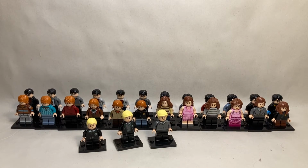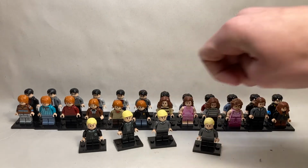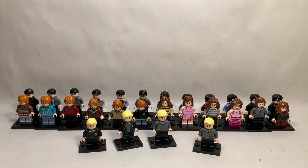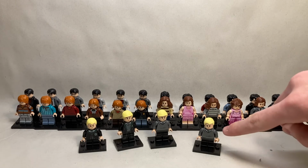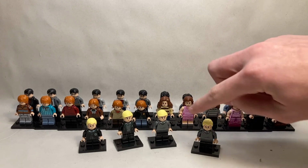And then from the unreleased set, we have this version of Draco Malfoy. He has the wrong face print. He should have the same face print that these two characters have. That's from the Monster Book of Monsters promo. He just has his traditional Slytherin sweatshirt, mid-length legs, the same slick back hairpiece, and then it looks like to